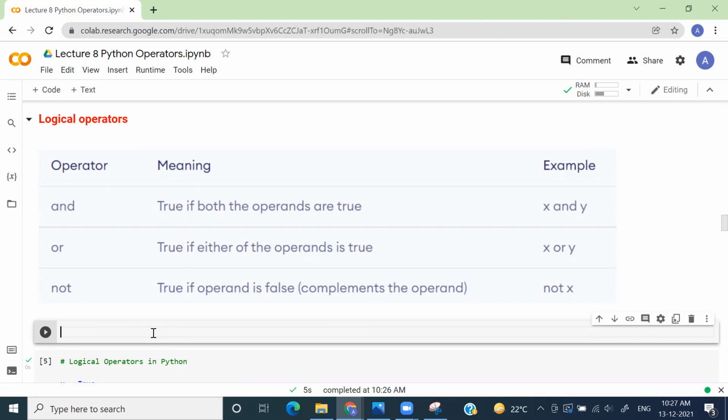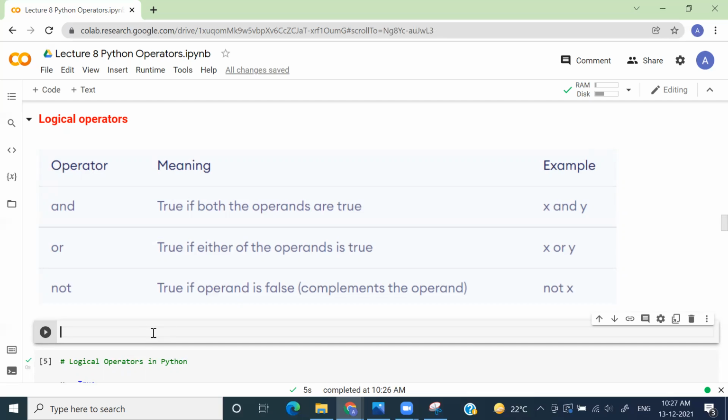suppose you have, let's say, two conditions, right? I'm giving a hypothetical situation. If you want to decide whether you should eat ice cream today or not, and your decision to eat ice cream depends upon two factors, two conditions. First, you want to check whether the day is sunny or not, right?